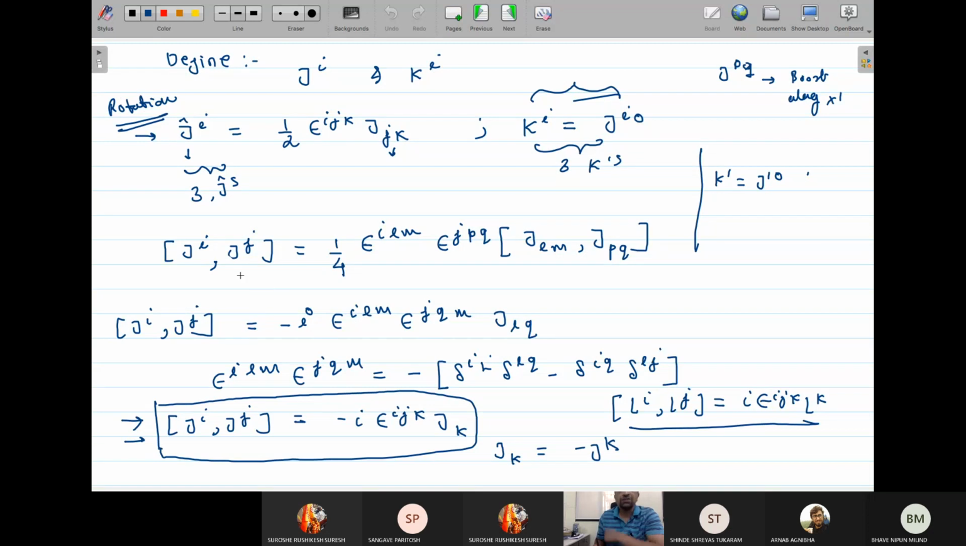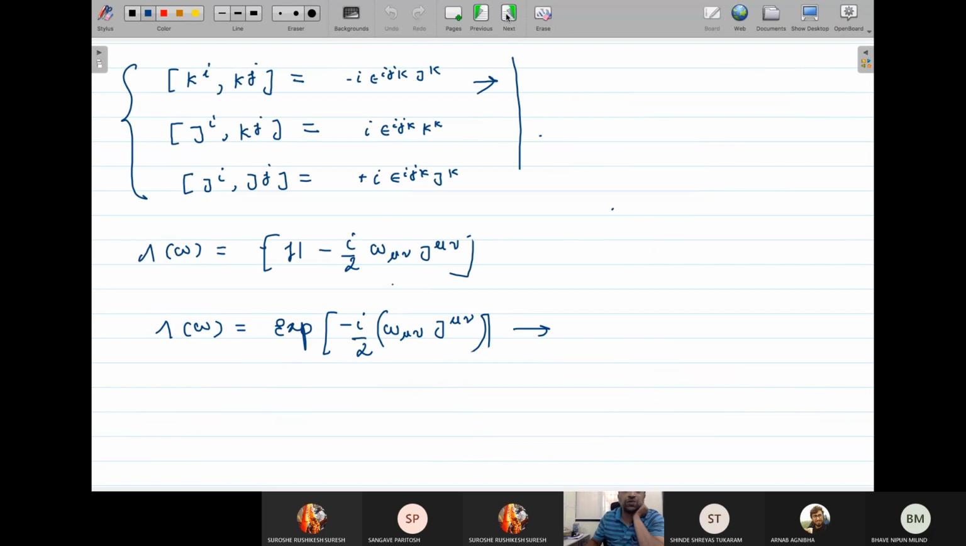You can use the commutation relation between J^{μν} and J^{ρσ} to determine the commutation relation between J_i and J_j, and it turns out to be this. So this is the commutation relation between J_i J_j, J_i K_j, and K_i K_j. Okay, fine. So this is basically another form of